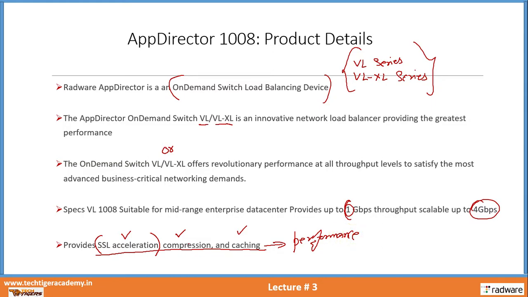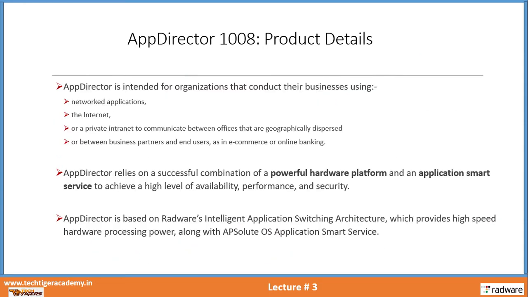Okay, remember that compression, caching, and SSL acceleration are also expected out of any ADC. So this is another third slide for the product details only. App Director is intended for organizations that conduct their businesses using